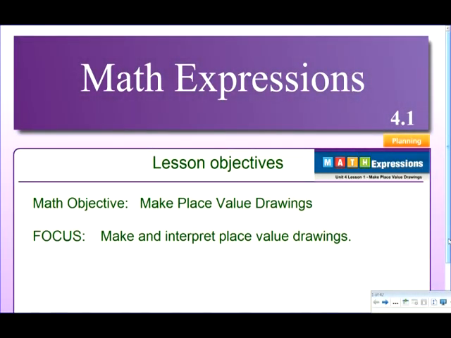We're using Math Expressions and we're going to be looking at lesson 4-1. Our objective today is making place value drawings. And as we make and interpret those place values, we're going to find that drawing is probably the easiest way